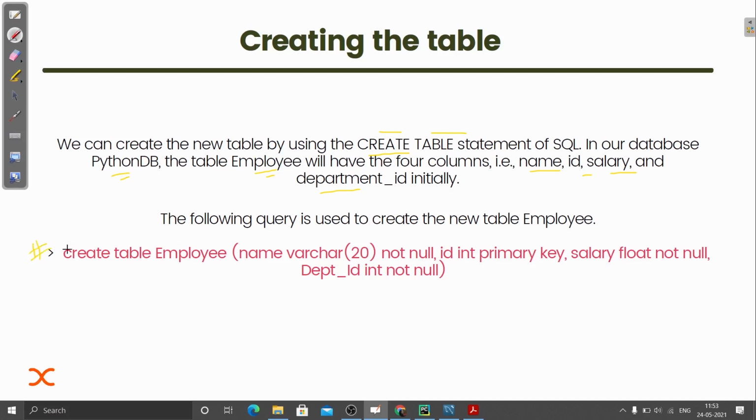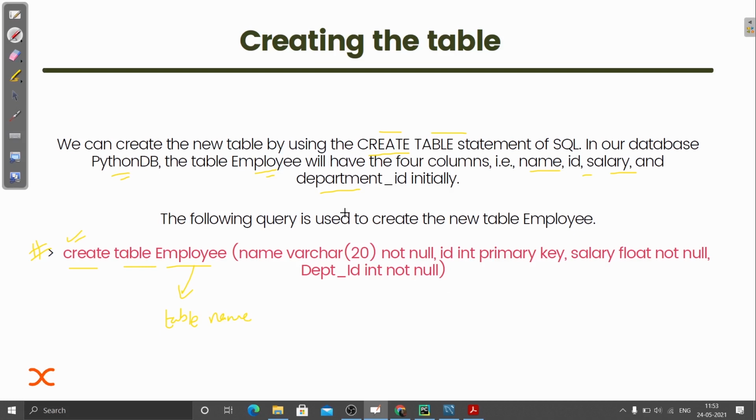This is the query that you use in MySQL, that is create table. First, we are writing that we need to create a table, and then the table name. You can write anything that you want. Now inside this, you need to have at least one column to create a table. This is a very important point.